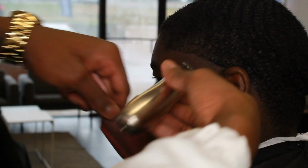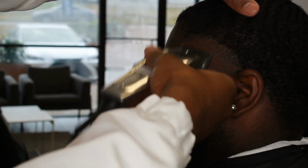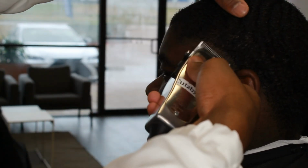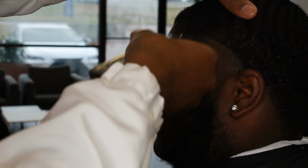So yeah, as you can see, I'm putting in my hard guideline with my slim lines, and then I come back with my Andes Masters, setting that rainbow shape, because what I have learned is when you set those guidelines in straight, you have trouble trying to match the blend over the ear, and to have a smooth transition on the edge of it. So always, when you want to do mid or high tapers,